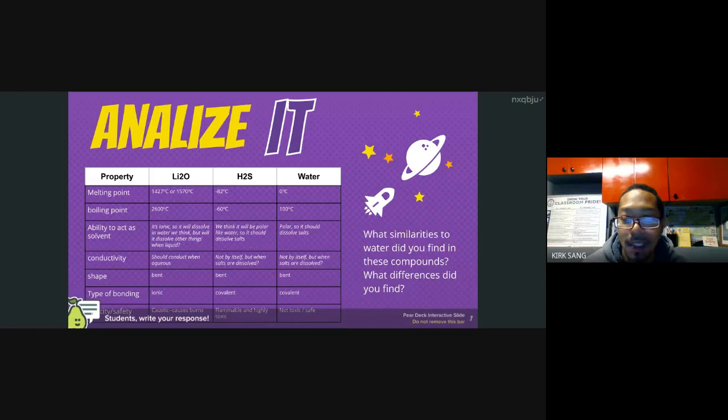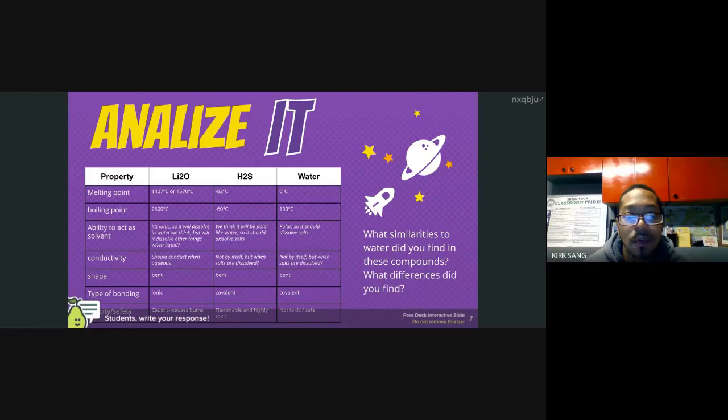All right, so the similarities are that. Let me hear you starting your sentences off. The similarities with toxicity for water is that it's not toxic. But there are no similarities here with water and lithium oxide and hydrogen sulfide. The difference is these molecules are toxic. So I want you to do the same, and I want you to compare the similarities.